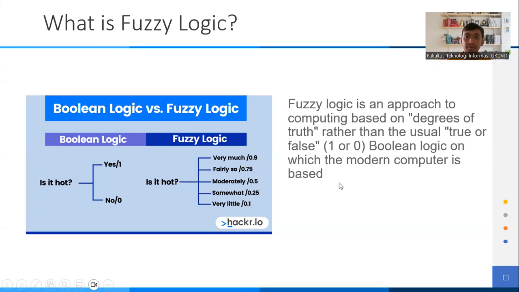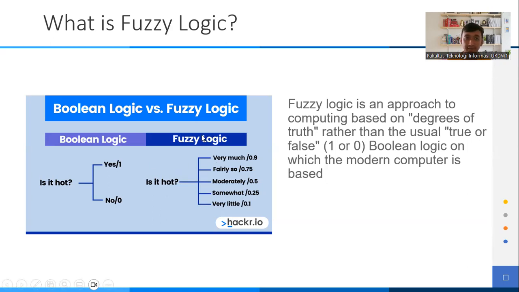So fuzzy logic is an approach to computing based on a degree of truth. Like a human, do you like this food? The answer is just no or yes. But a human can also answer with maybe, with any weight of the answer.